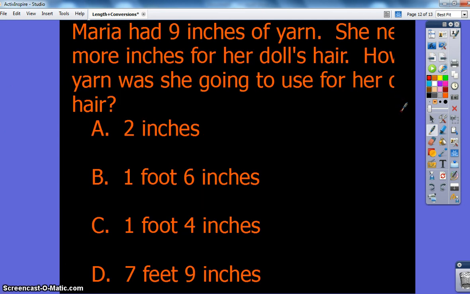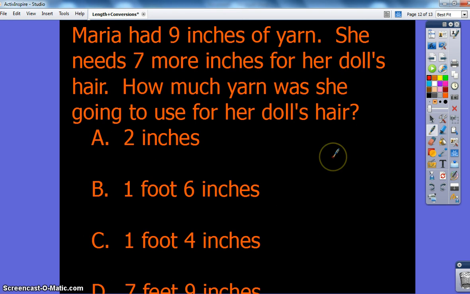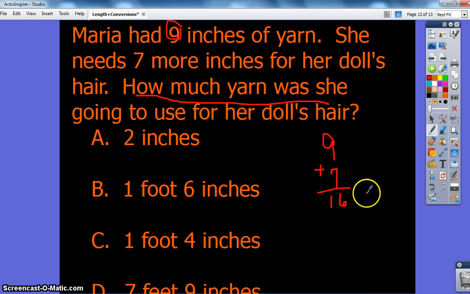Okay, next one. Maria had 9 inches of yarn. She needs 7 more inches for her doll's hair. How much yarn was she going to use for her doll's hair? Solve it. For this problem, I'm trying to figure out how much yarn she was going to use. I know that she only had 9 inches and she needed 7 more. So if I add those together, that equals 16 inches